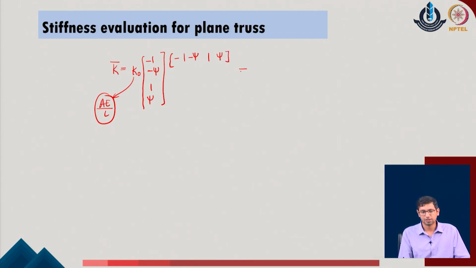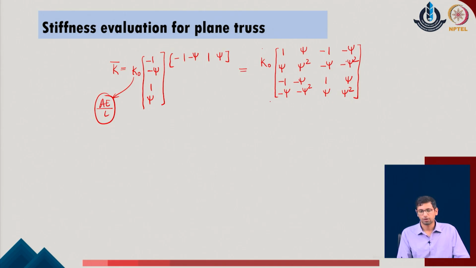As I multiply these systems, it's a 4 cross 4 matrix which I am eventually going to get. I just multiply that to write it, and it appears as 1, the first multiplication 1, then phi, then minus 1, minus phi, then phi square, minus phi, minus of phi square, then similarly minus 1, minus phi, 1, phi, and over here I can write it as minus of phi, minus phi square, phi and phi square. So, these are the multiplication values which I get after multiplying these matrices.